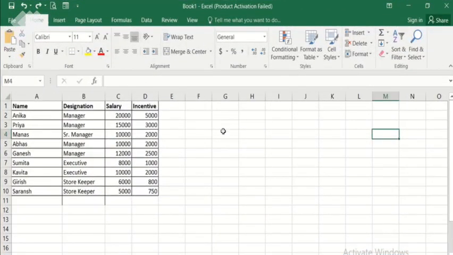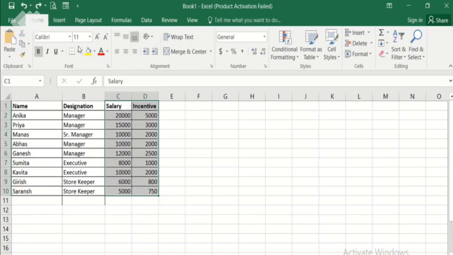Now after all this, we will learn how to insert a combo chart. As you know, a combo chart is a combination of two or more charts. I have already created data here with two main values. I want to plot a chart for salary and for the incentive given to the employees. Now, how will I do it? First, you select both the data series values on which you want to create a combo chart.